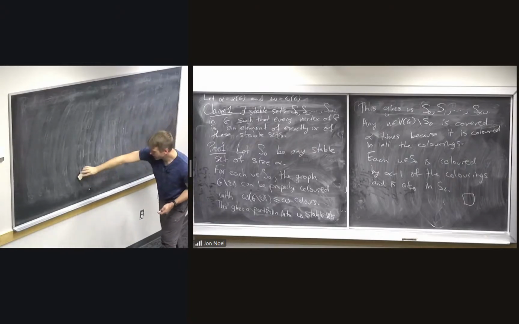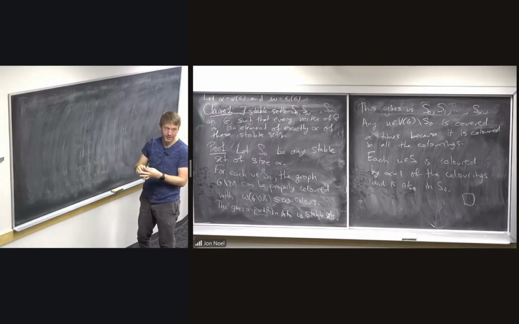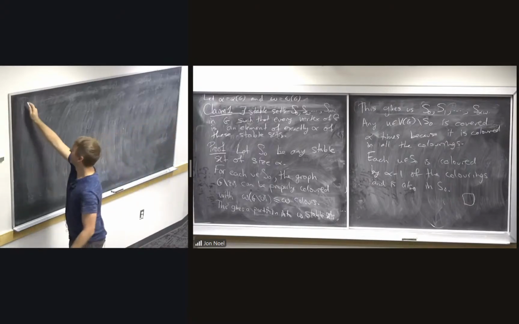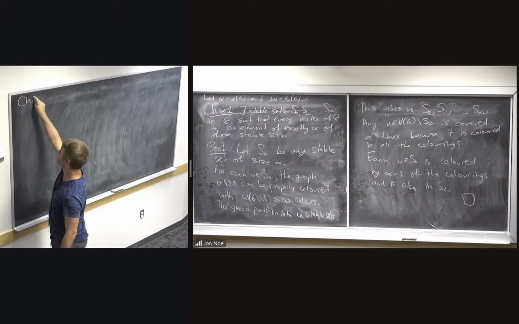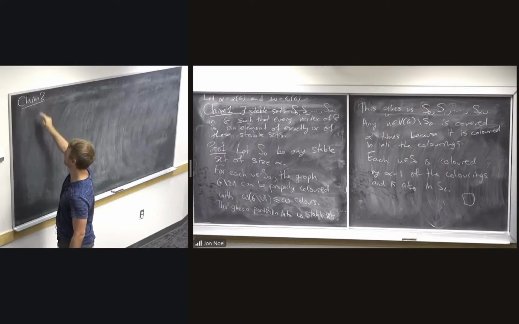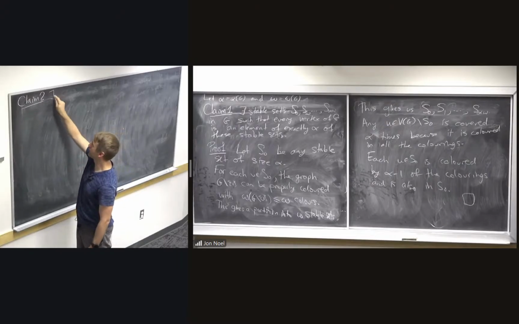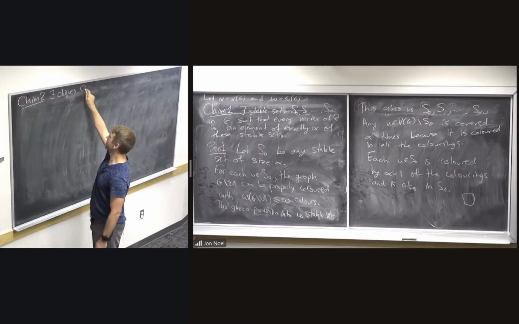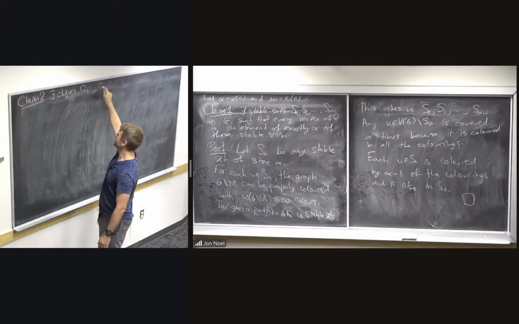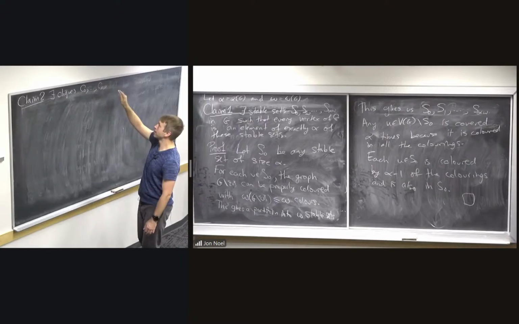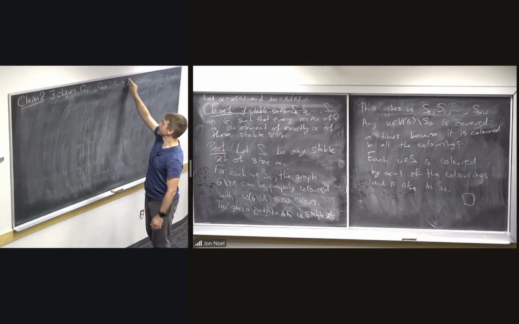Okay, so we just found a bunch of stable sets. Now let's find a bunch of cliques. So claim 2 is that there exist cliques C0 up to C alpha omega such that